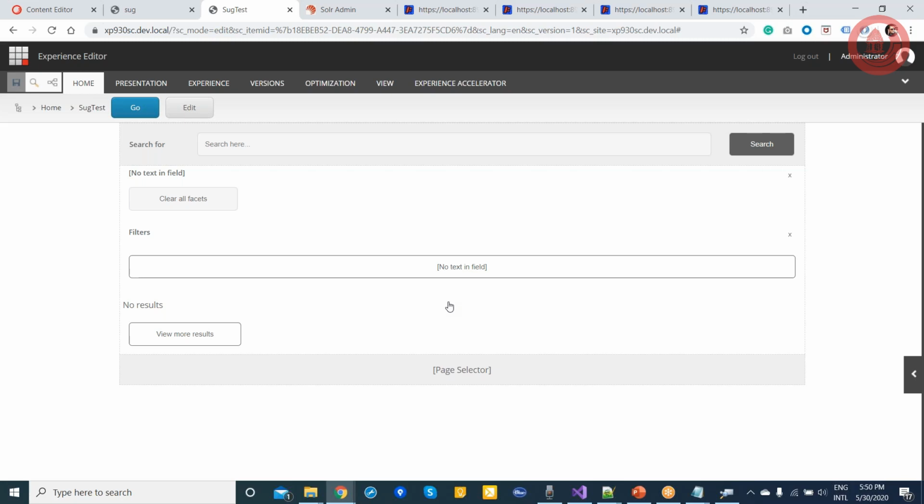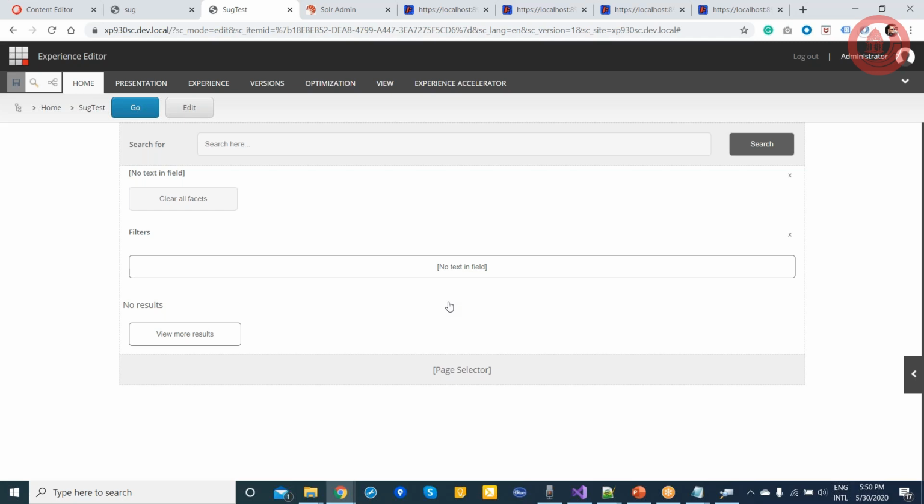For the spelling suggestion, I would be honest that with SXA, I haven't tried that one. But my understanding is when we do the search in Solr, it's altogether a different handler, for the spell checker and the auto suggestion. So it would be the same with a different handler, but I haven't checked. So maybe I will come back to you. Okay, okay.